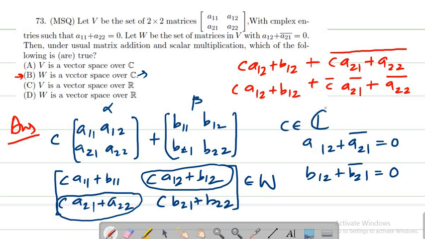That is the question. See, suppose this C was R, that is, suppose we were discussing this option D, we are going to do the same thing. We are going to take alpha and beta from W, we are taking a c from the real numbers, and we are finding this over here. And if c is from real numbers, then this c bar is going to be c itself, right? If c is from R, then you can just club this, take c common times a12 plus a21 conjugate, which is already 0, so you get 0 plus b12 plus